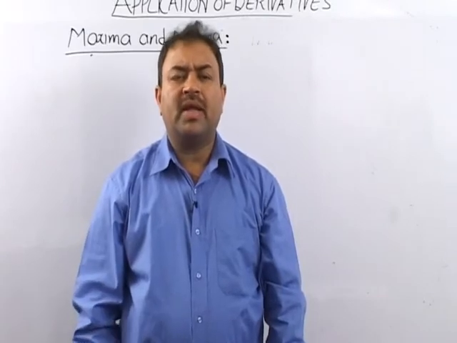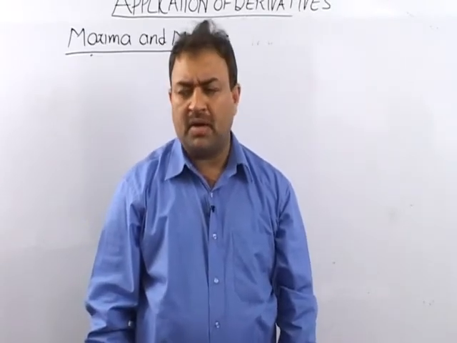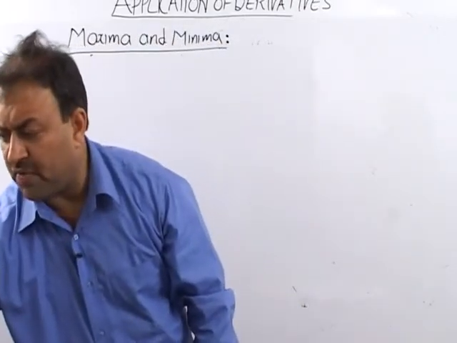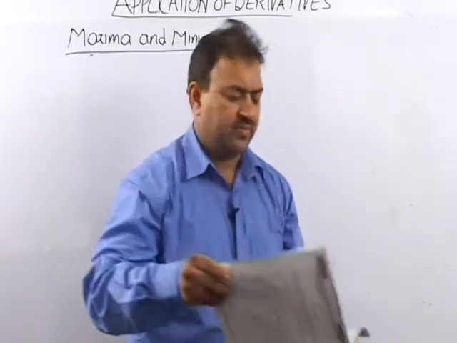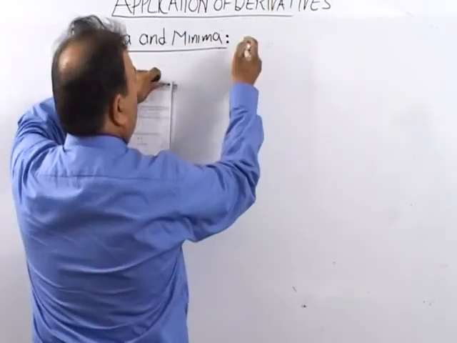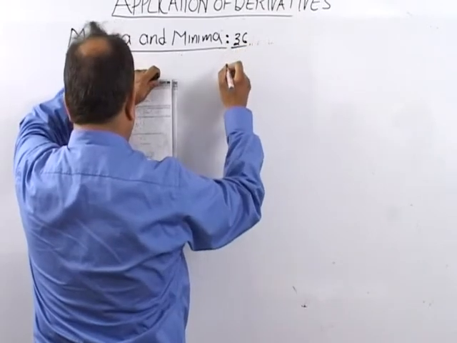आज कंटिन्यू कर रहे हैं द लेफ्ट ओवर प्रॉब्लम्स ऑफ मैक्सिमा मिनिमा. अगली प्रॉब्लम है मैक्सिमा मिनिमा की, दैट इज क्वेश्चन नंबर 36 ऑफ आवर बुकलेट. Question number 36 of our booklet. The question is